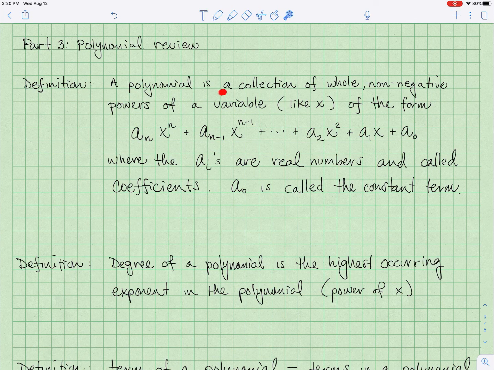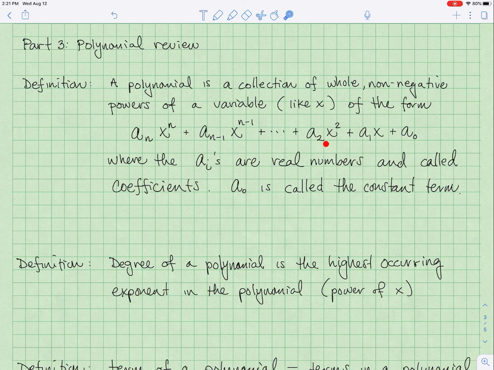A polynomial is a collection of whole, non-negative powers of a variable, like x, or it could be y, or a, or b, or who knows what the variable is, of the form, and this is a little bit complicated and scary at first. Don't concern yourself too much if you don't remember seeing this before. a sub n times x to the n. This is going to be our highest power of x, and this is going to be the multiplier, or what's called the coefficient out in front, plus some other coefficient that goes along with the next highest power,